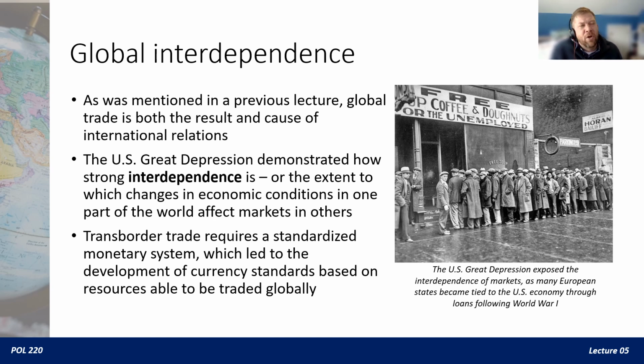I can't recall if I mentioned this in this class or my other class, but I think it's a tragedy that a lot of kids come out of high school not really understanding the basis for a lot of what started World War II, and really you can point to the U.S. Great Depression. The reason is that coming out of World War I, the United States, and we'll talk about this in a second too, loaned a lot of money to European countries to rebuild, particularly Germany. During the Great Depression, those U.S. banks had to call back those loans. They needed to be repaid right away. As a result, the German mark tanked.